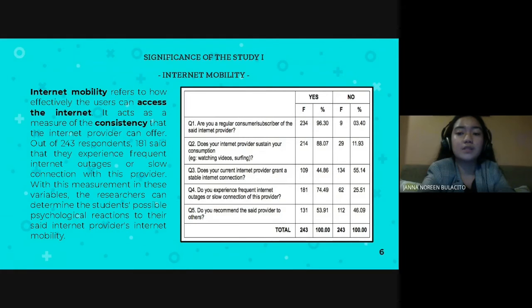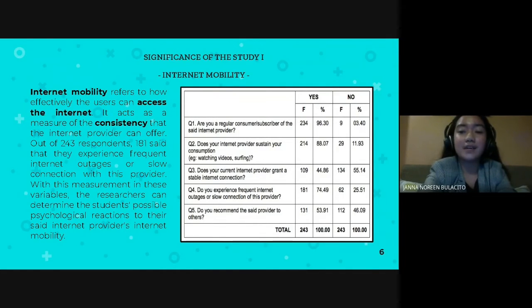Especially since we're still in a pandemic phase, more and more people are venturing into an online force. They are used currently in education, work, business, etc. And knowing that even more people will use them as we go on with our daily lives. The significance in measuring the students' internet mobility gives the researchers insights into the possibilities of managing and reacting rather to the learner's psychological state.